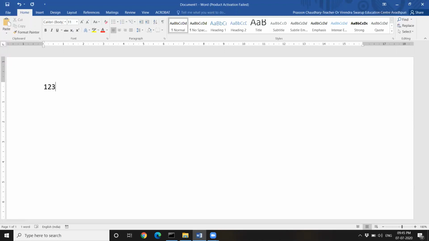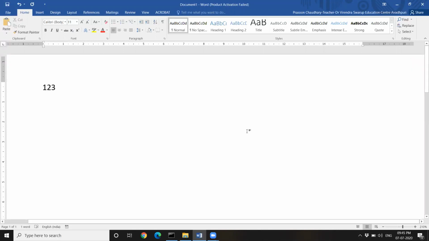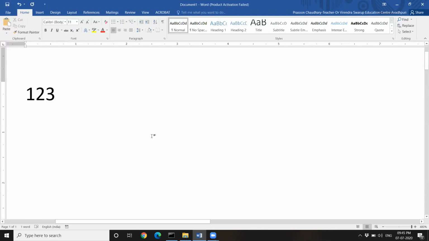Okay, so I'm typing something and let's see how to do it. I'm writing 1, 2, 3. Let me zoom the screen a little bit so you will be able to understand. Okay, so 1, 2, and 3. Now what I want is 12 to the power of 3. So I want this 3 to be superscript. How will I do it? Please see. I'll first select it. I hope you know how to select. You click with the mouse and simply drag it a little bit, and when you drag it, the text is selected. So 12 is normal text, and 3 I want as superscript.